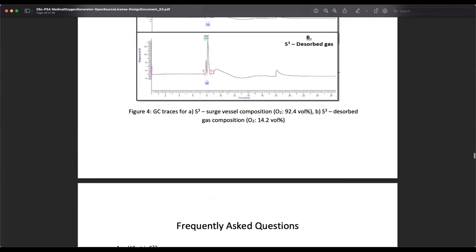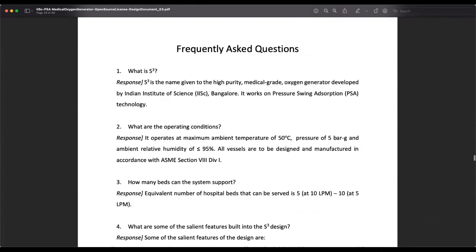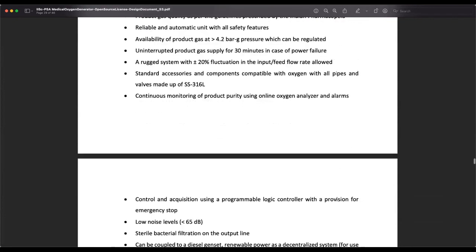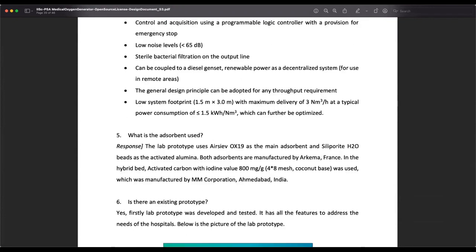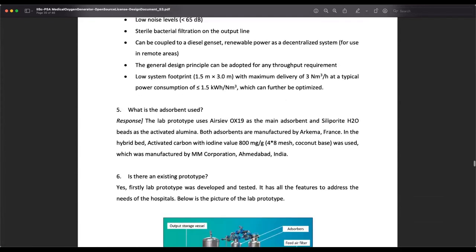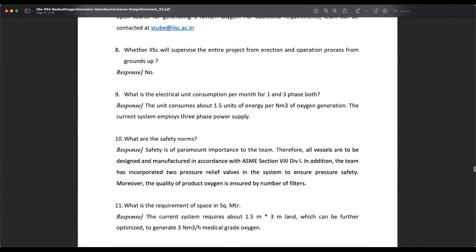Typically, what happened was when we organized 2 or 3 webinars, a lot of questions were asked to us by different people. So we also consolidated those questions so that people can see. Ultimately, there was some idea that we should not get back too many questions, because this was an initiative from our end, but not the bread and butter of our research. So we also put up some of those questions, and